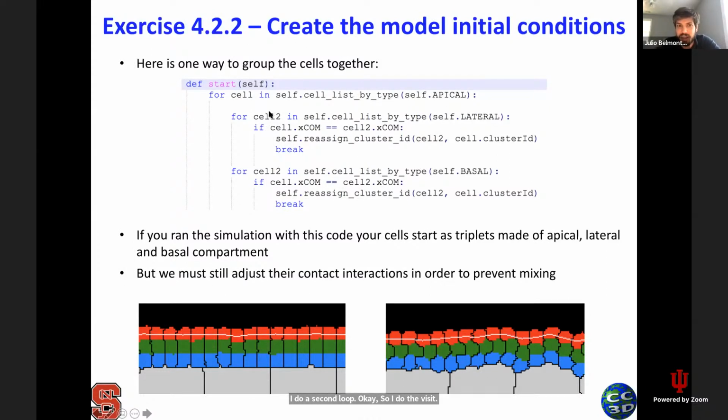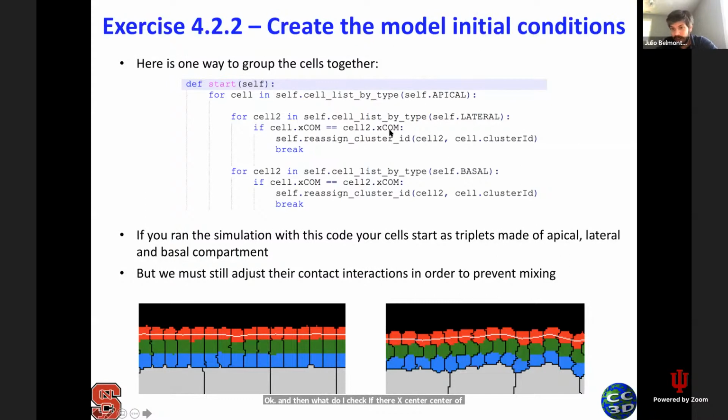Notice that the dummy variable has to be different than the first one. You cannot use cell here and cell here. So I call this the second cell, and then I go over all the lateral cell types, which could be the green one. Then what I do, I check if their x center of mass coordinate,